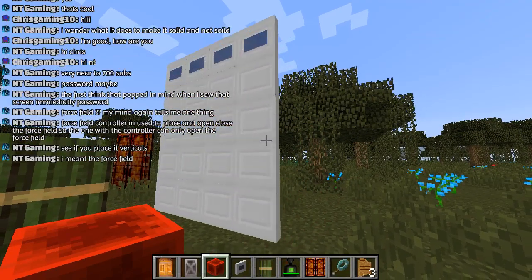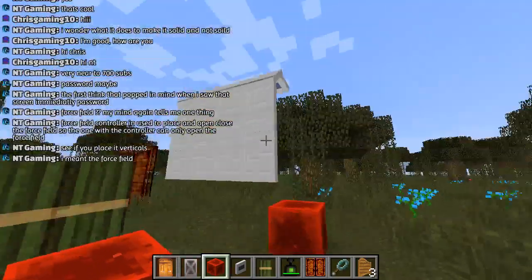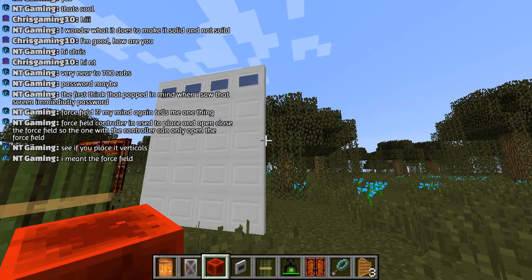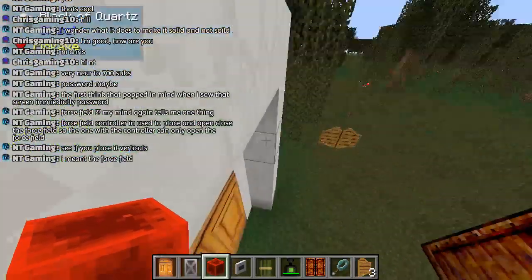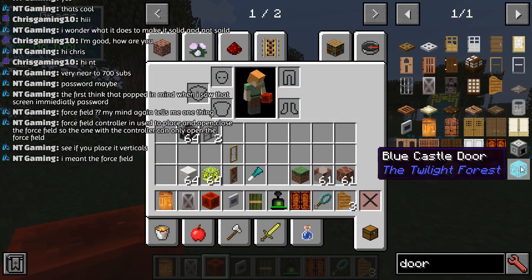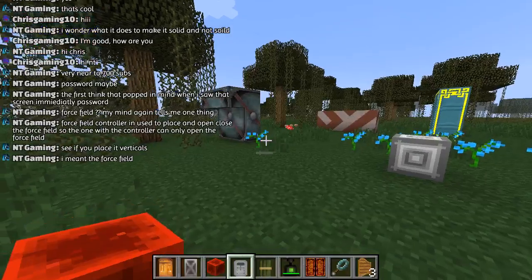See, that's pretty cool. That's cool. Kind of bizarre in a way. Okay, so that's about all we've got for doors. Yeah, there's a few more, but...